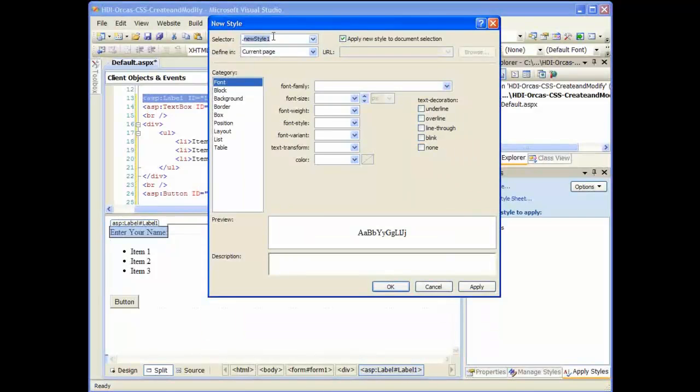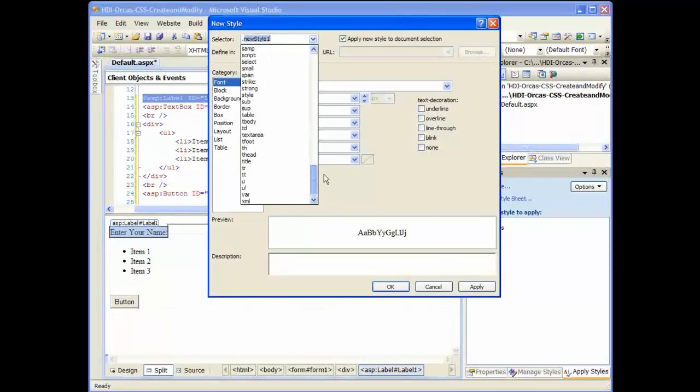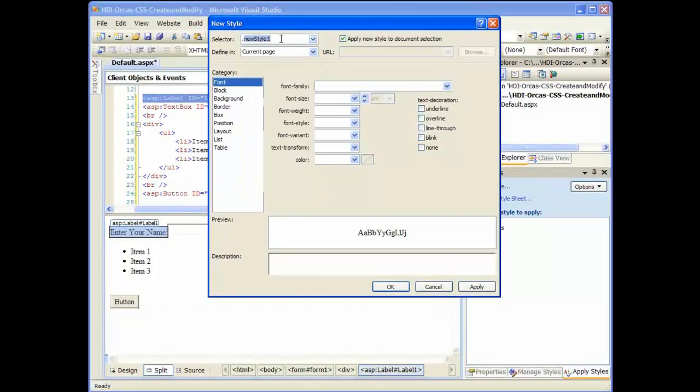Now in the New Style dialog box, we need to select a selector. Obviously we could select any one of the default element selectors, like your A and A active, hover, link, and visited. Your body is in here. Table is in here. That type of thing. We're just going to create a new custom style, and we'll call this Label Style